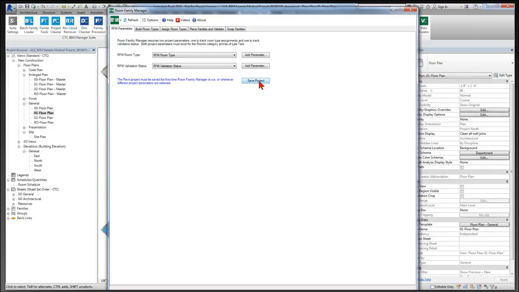Now, if you're in a work sharing enabled project, this is a local save. So it's going to save your local copy. It's not going to synchronize to central. You'll have to do a sync to central later on if you want to actually publish these changes in the future. For right now, I'm going to go ahead and click Save Project. Now, also, as you first go through this tool,